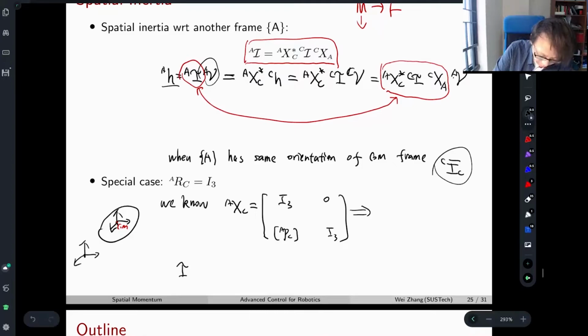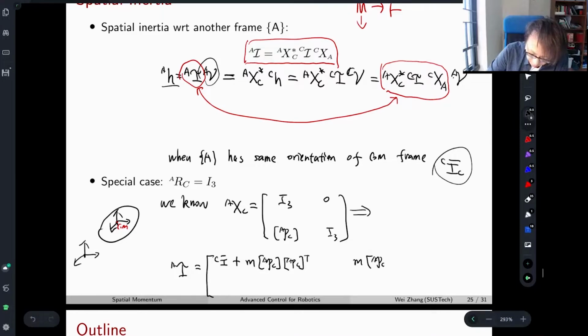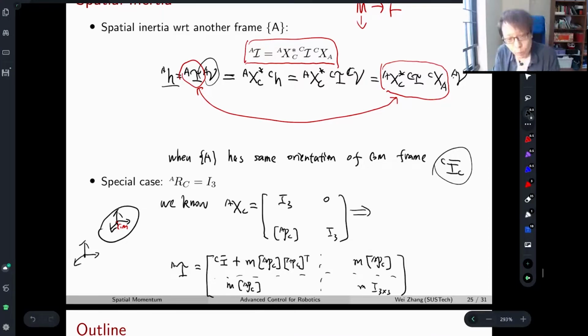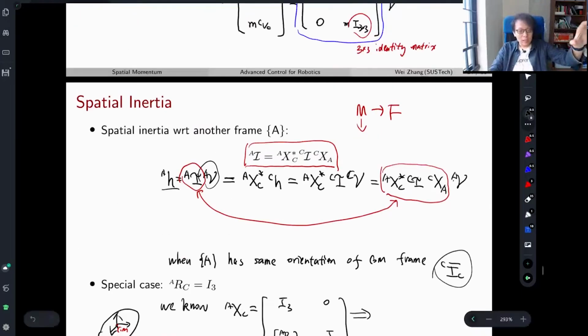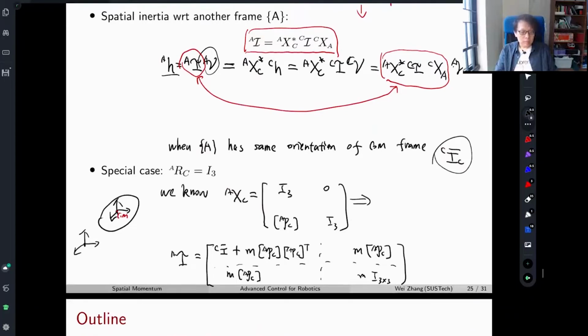You get this I_A in a very special form that I think everyone needs to know at least. When you use Drake, you can actually see this formula in the document. M, this is P_CA skew symmetric, and the P_CA transpose. Here is M P_CA. Here is M P_CA skew symmetric, and M times the R 3x3 matrix. So this becomes more ugly. It's not like in this center of mass frame, where it's diagonal. It becomes different here, but it's still